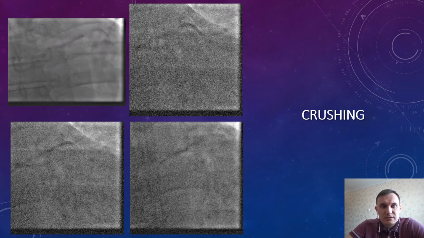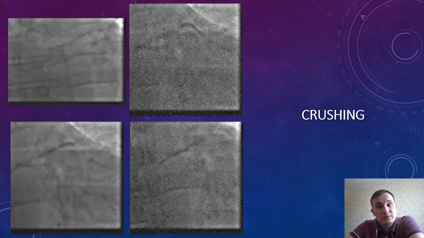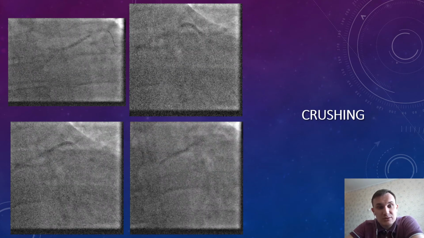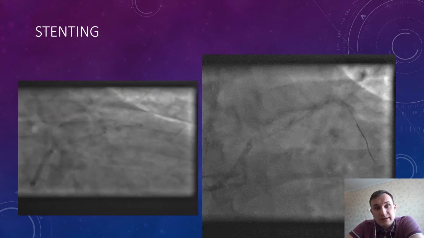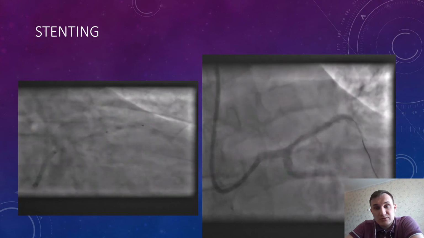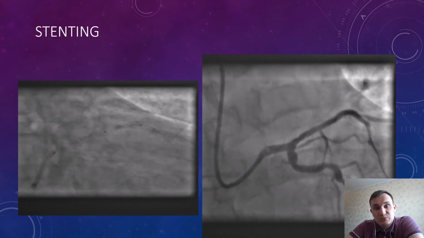And after that, a 3.0 balloon was delivered. It was very difficult to deliver any balloon through this kind of lesions and the stent which we lost. And we did preparation to the whole length of the vessel. And after that, you can see that we were able to deliver our stent in mid to proximal LAD,